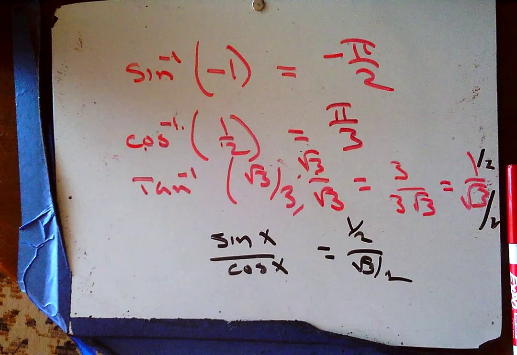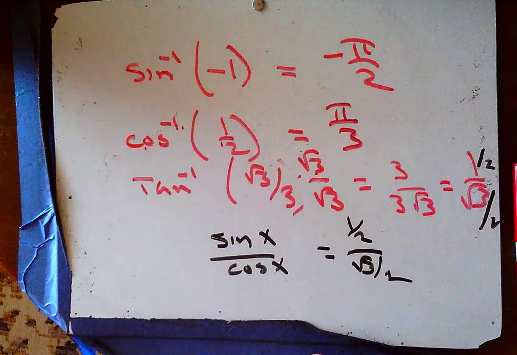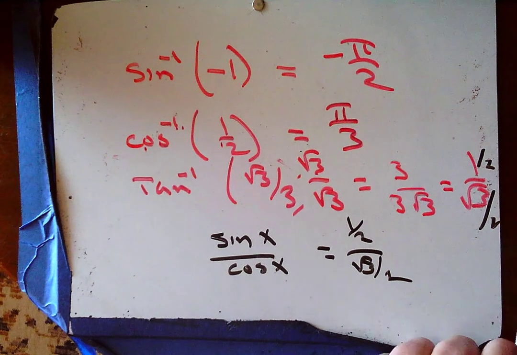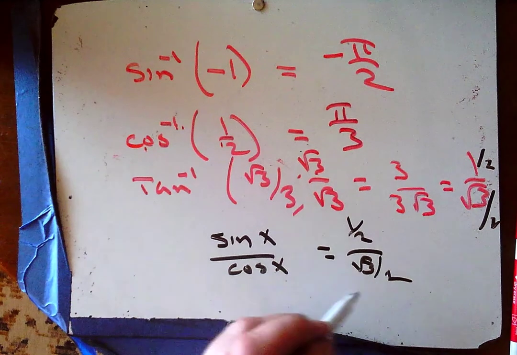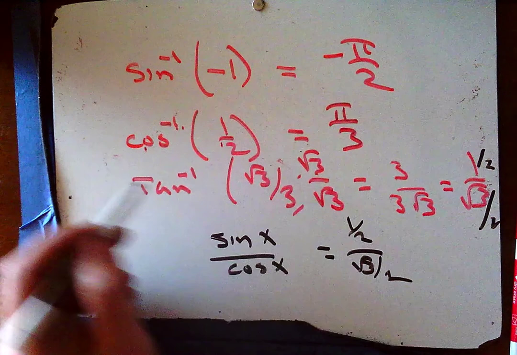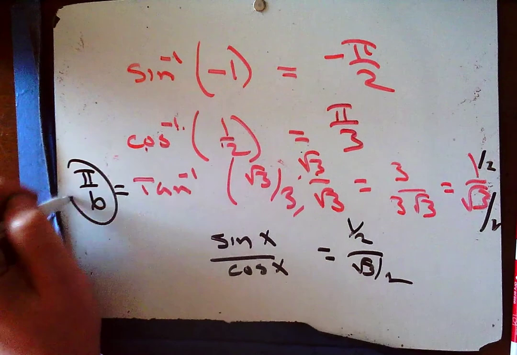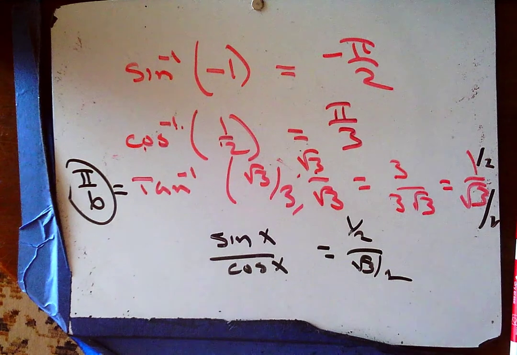And remember, we're looking for an angle within the restriction for inverse tangent, and that is from negative pi over 2 to pi over 2. So when do we have this? Our answer would be for which angle? Our answer would be pi over 6, because sine is 1/2 and cosine is root 3 over 2. Okay,